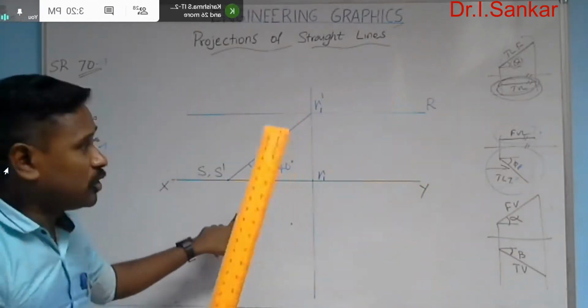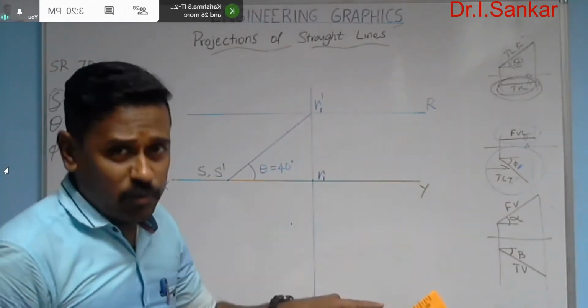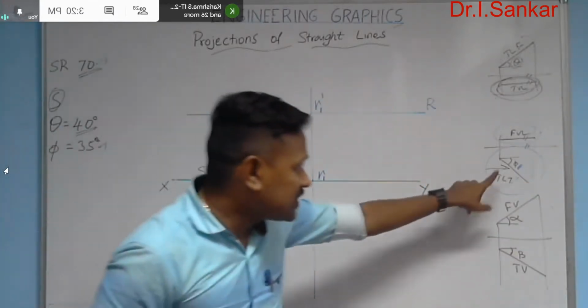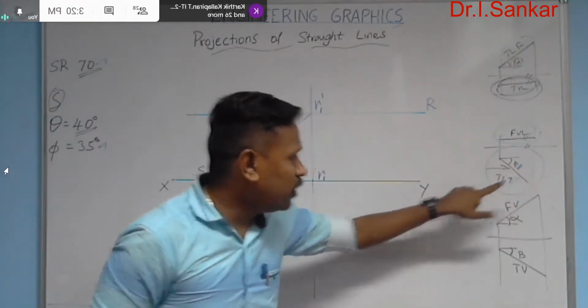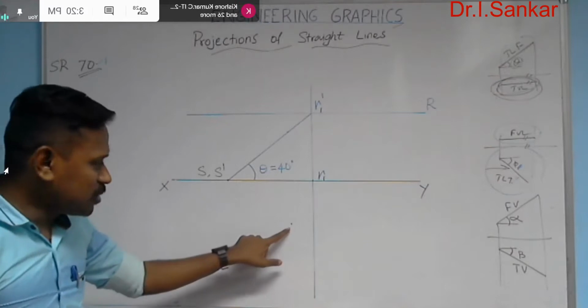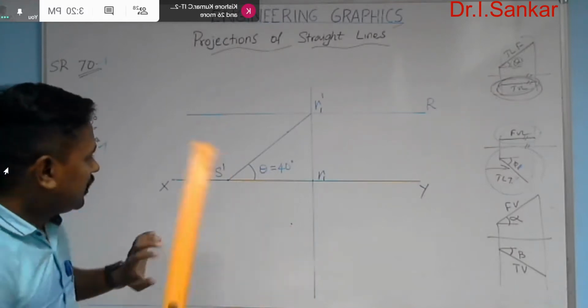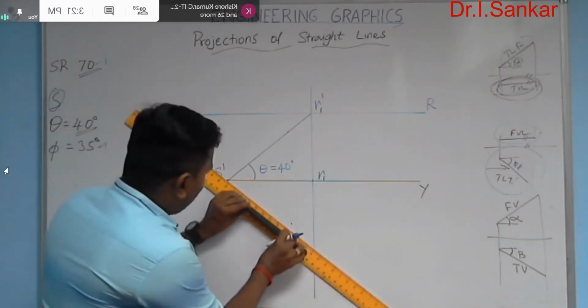Now I am going to draw the true length in top view along with the angle phi. This line I am going to draw. True length in top view along with phi I am going to draw. I just marked the angle 35 degree, and from this S,